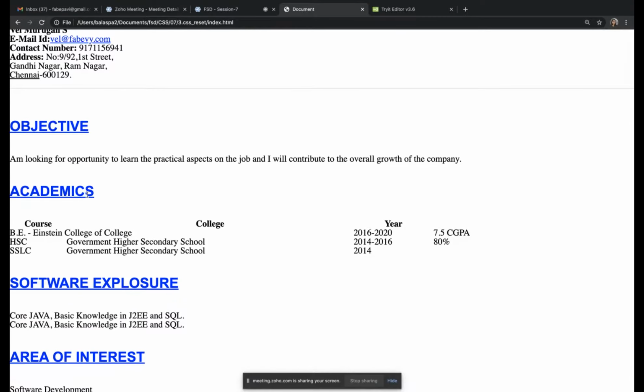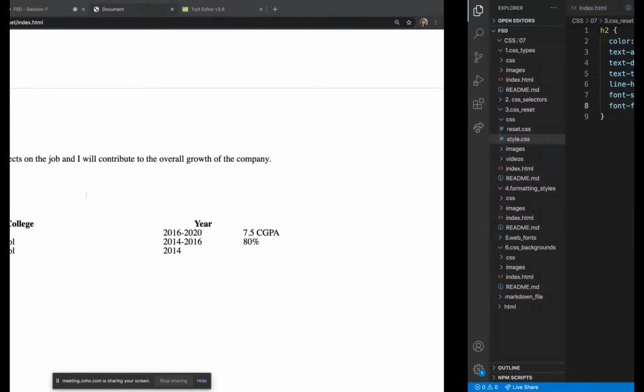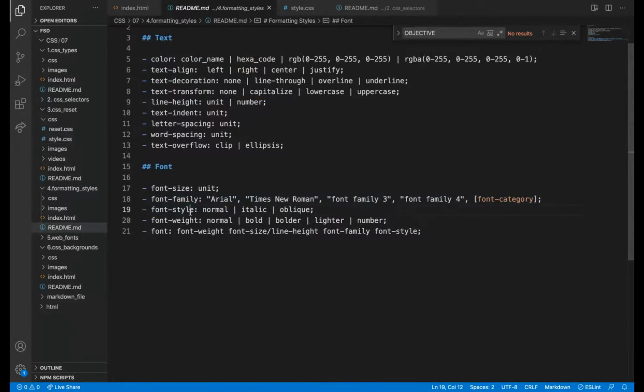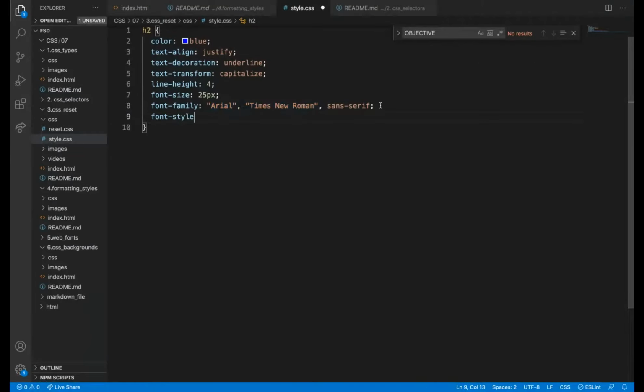It is a kind of font styling method. So this is enough to know about serif and sans serif for now. The next thing is font style. We have applied it there, right? Italic we can use for italic, or normal. Oblique I haven't used. Font style, italic.